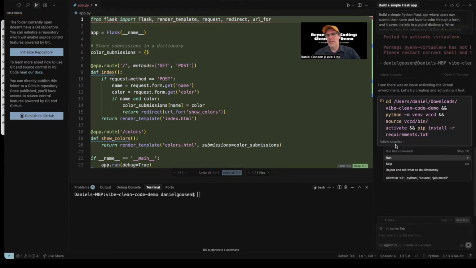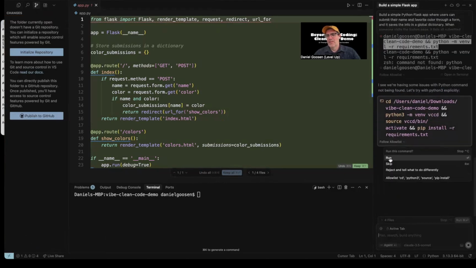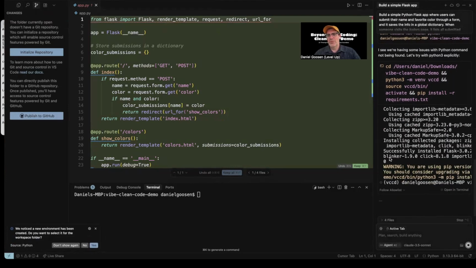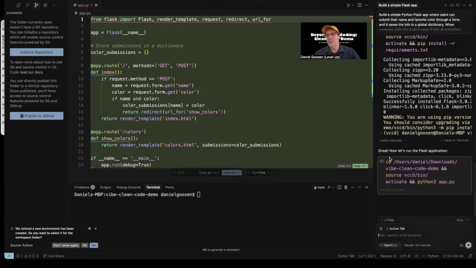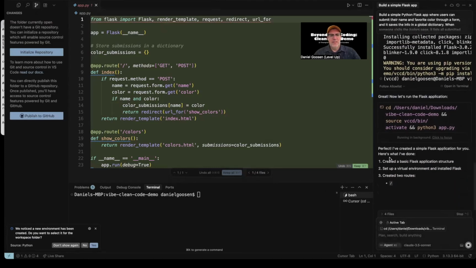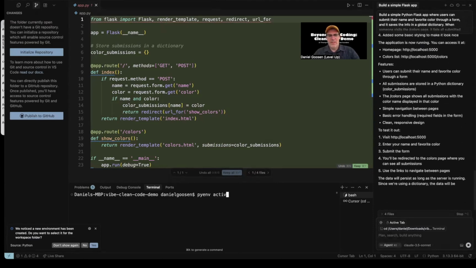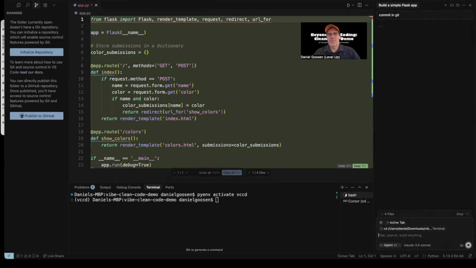Looks like it's going to need to activate a slightly different way. It still doesn't seem to see what I've provided to it. Give one more chance here. Now it looks like it's doing some things that it could be doing. And now we'll also activate so I can run the Python block as well. All right, so let's see if we can get it to do a commit. I'll be very explicit about what I want here.